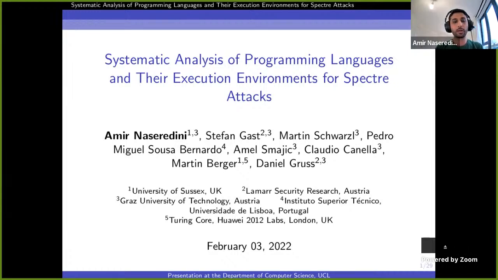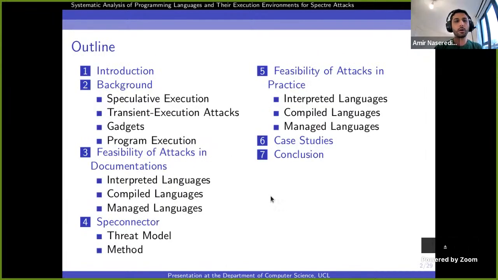As the title suggests, the work is specifically on Spectre attacks, and we want to analyze programming languages and execution environments against Spectre attacks. I'll first give a gentle introduction and then go through the background, specifically speculative execution and transient execution attacks. And then I'll talk about gadgets a little bit more to be able to understand Spectre.